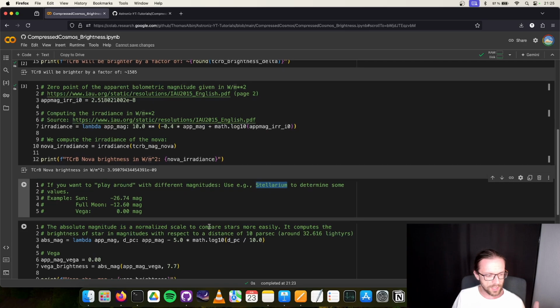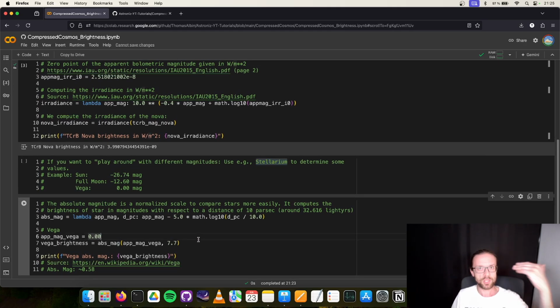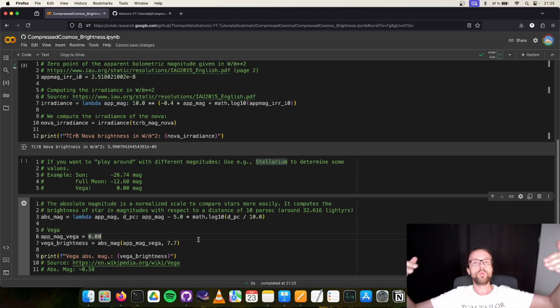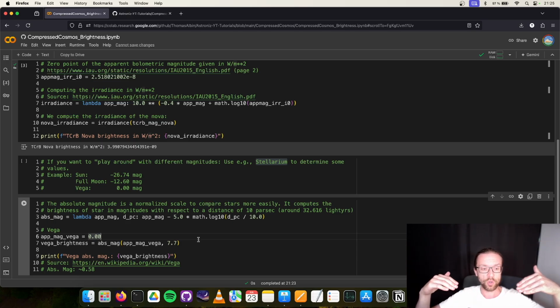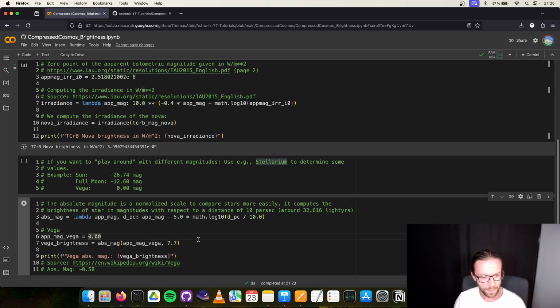Now, the very last thing I would like to show you is something called the absolute magnitude, because the apparent magnitude is the magnitude we see from Earth. So very faint stars that are very close to us have maybe the same brightness as big, brighter stars that are far away, right? This kind of makes sense. But to have a metric to compare the brightness of the different stars, we have something called the